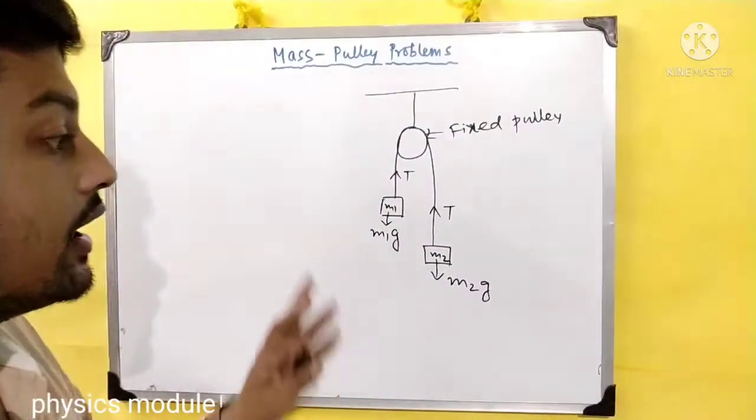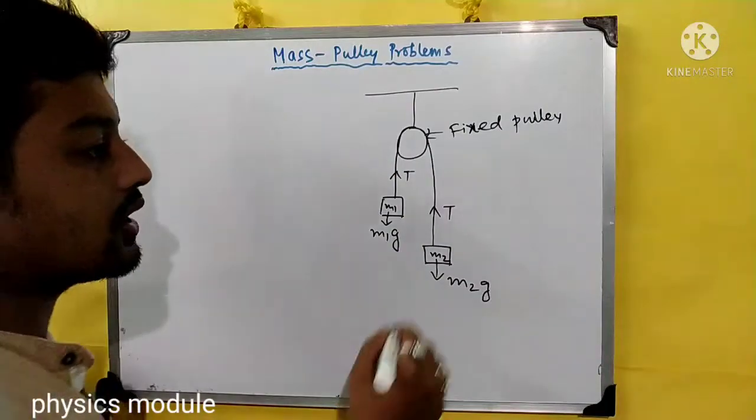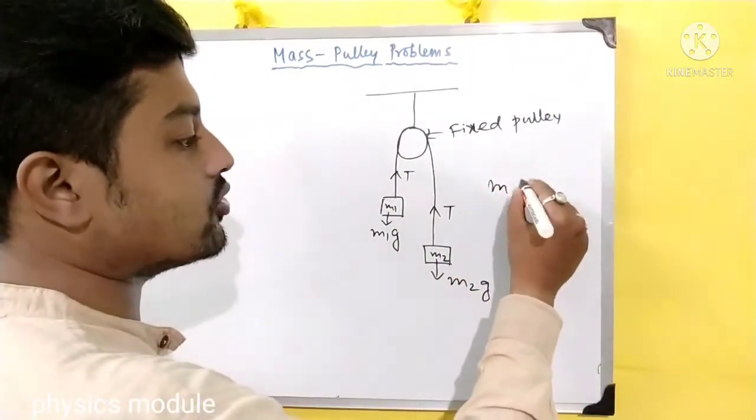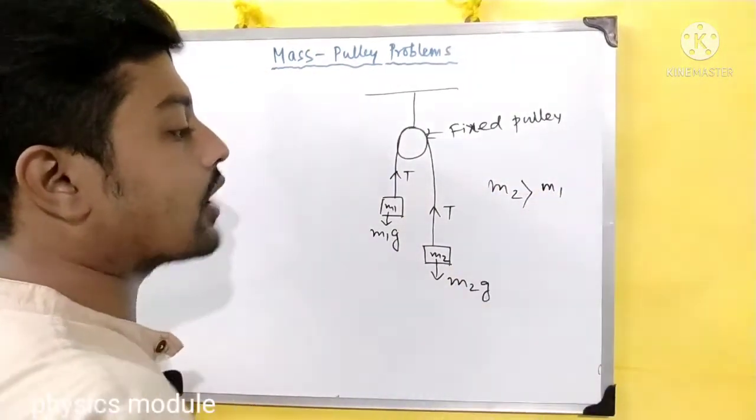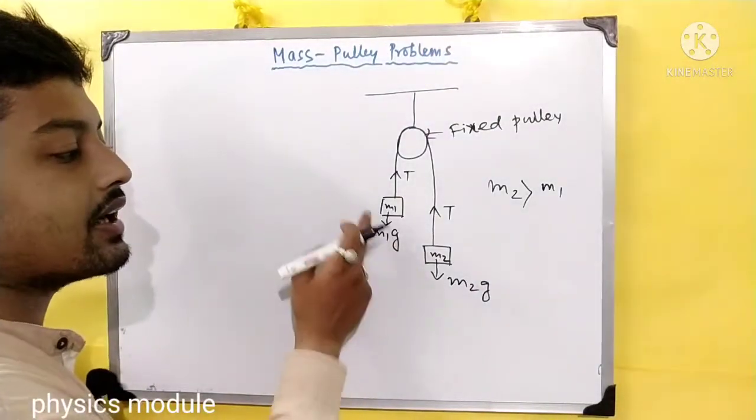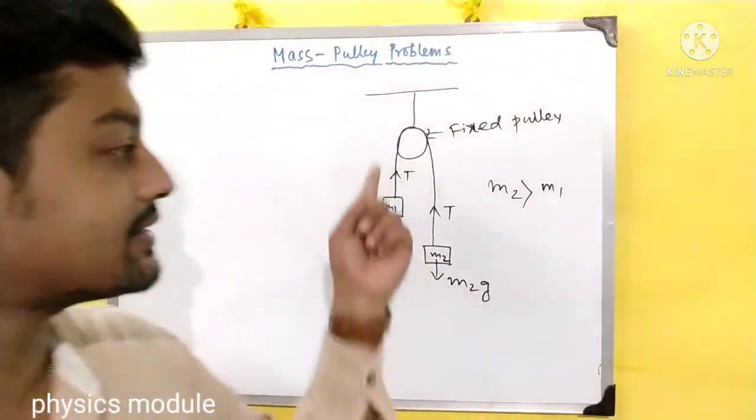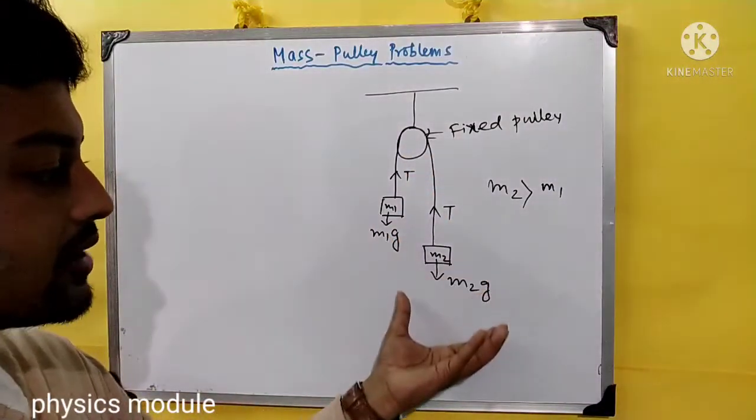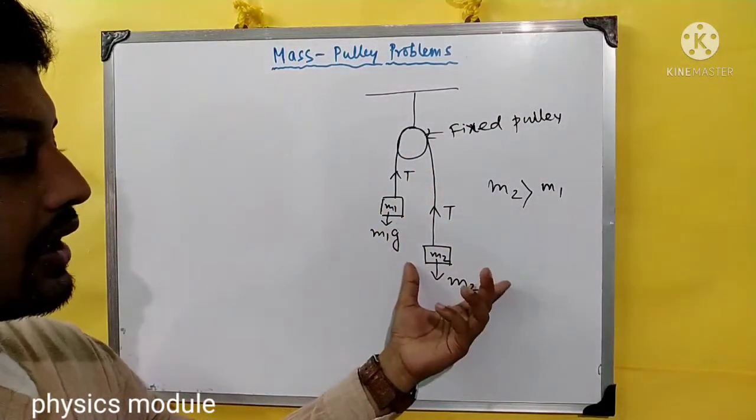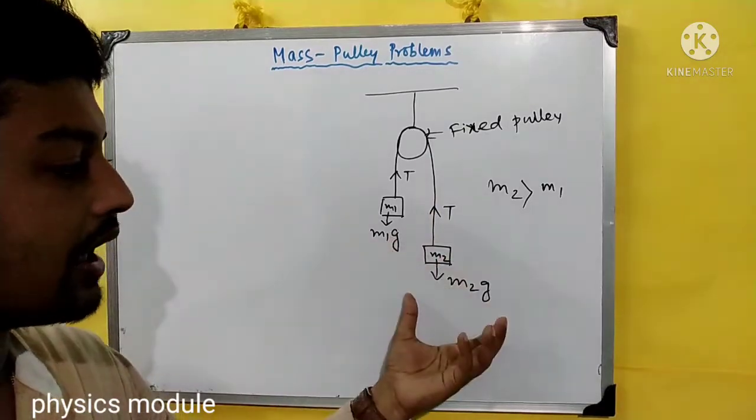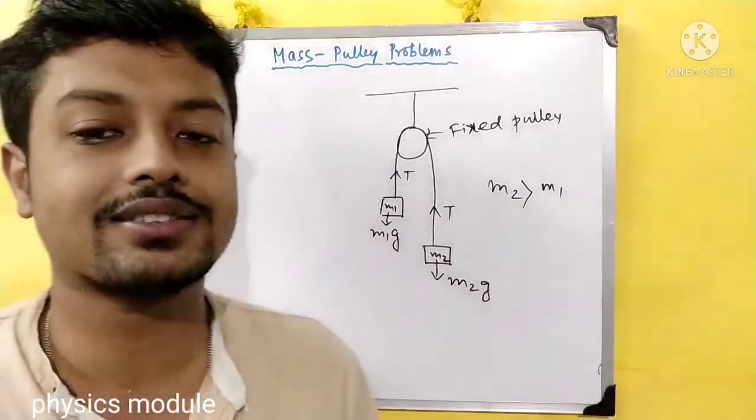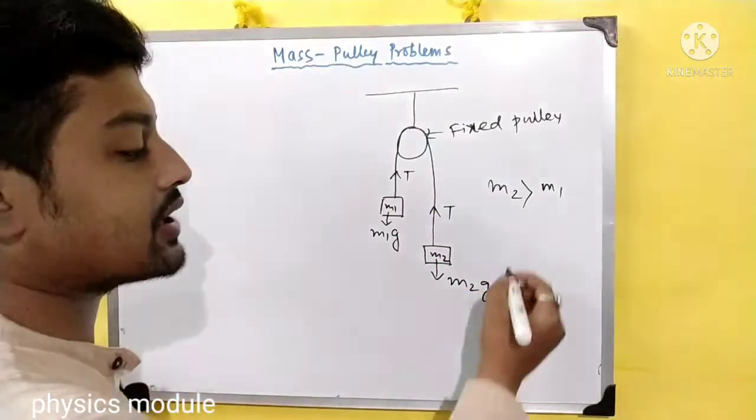Okay, now you have to consider the fact that m2 is greater than m1. ये जो मास है इस मास से ज्यादा है. So what will happen? This string or this mass will come down. The mass tied to this part of the string will come down with a certain amount of acceleration. Let us take the acceleration to be a,